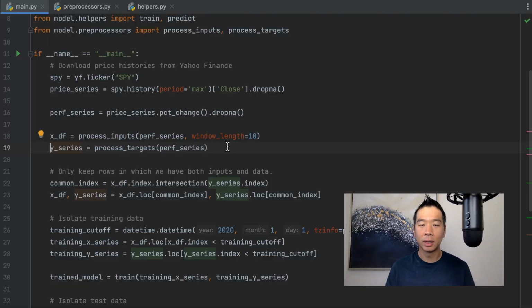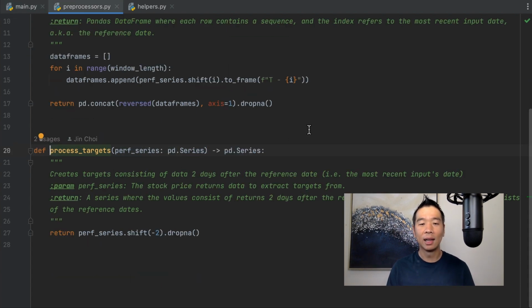That's all we need to do for the inputs, so let's now organize the targets, which are the data points that we're trying to predict. Targets are like the correct answers in an exam, and LSTMs are like the students taking the exam. LSTMs, like all machine learning models, learn by making guesses and seeing how far off their guesses were from the